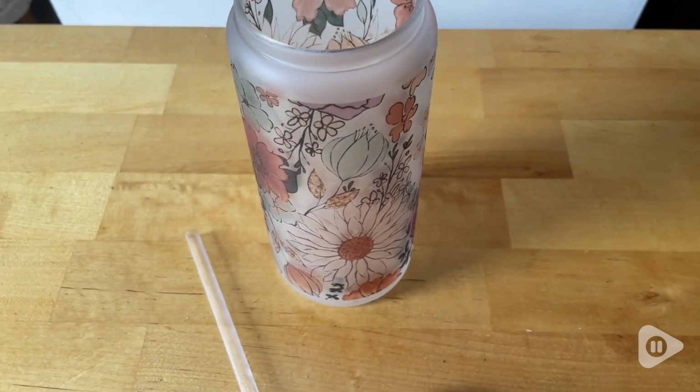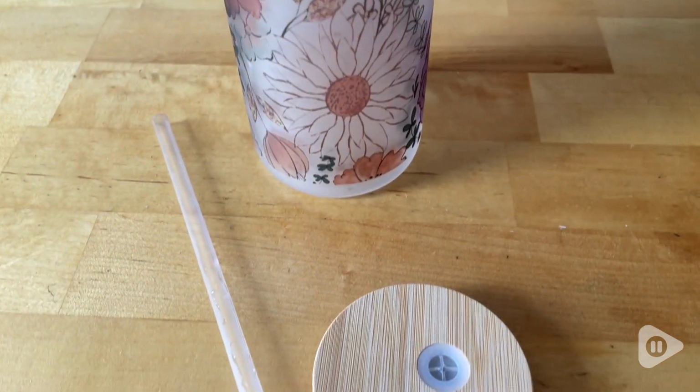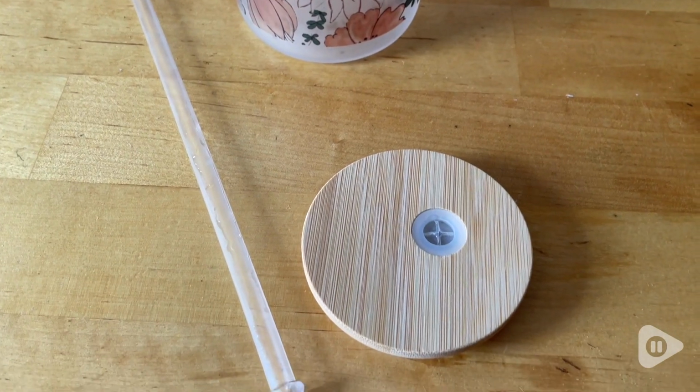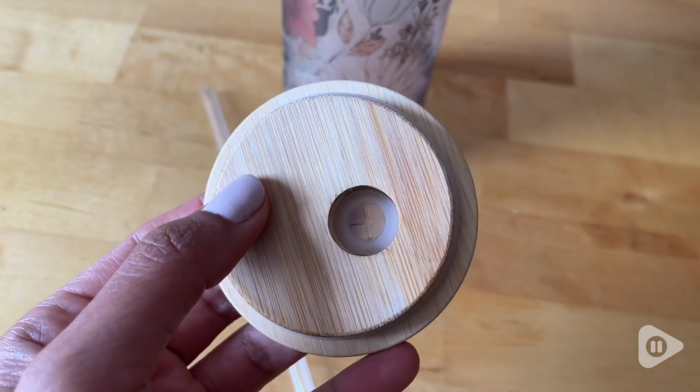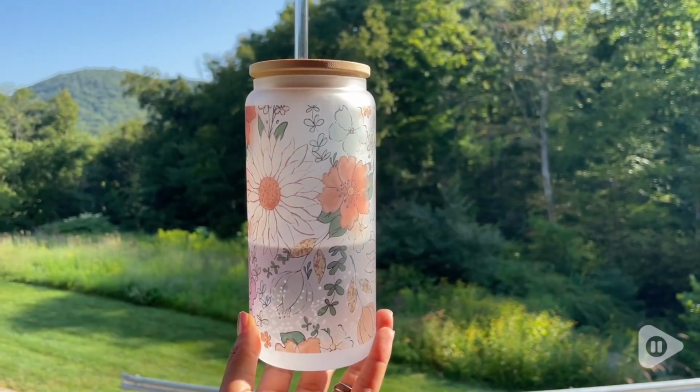This bamboo lid will allow you to have any drink with a secure seal, will allow your drink to be fresh and prevent any spills. So if you're looking for that ideal gift that everyone's gonna love, I highly recommend these glasses